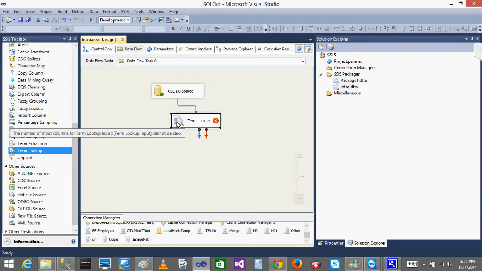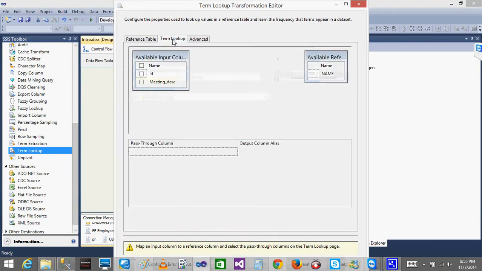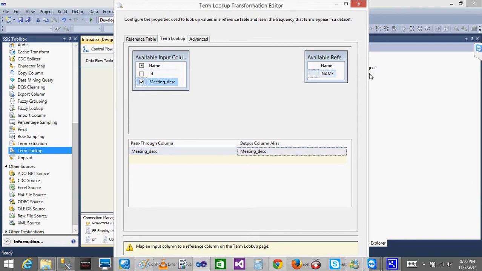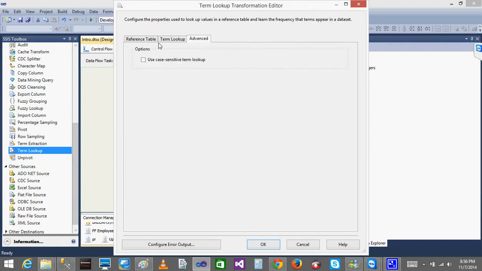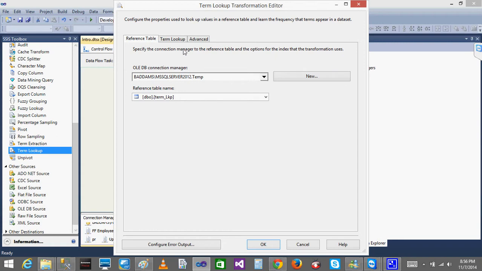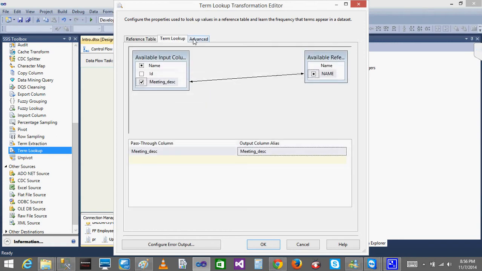The number of input columns for the term lookup should not be 0. Yeah, I think I did something.